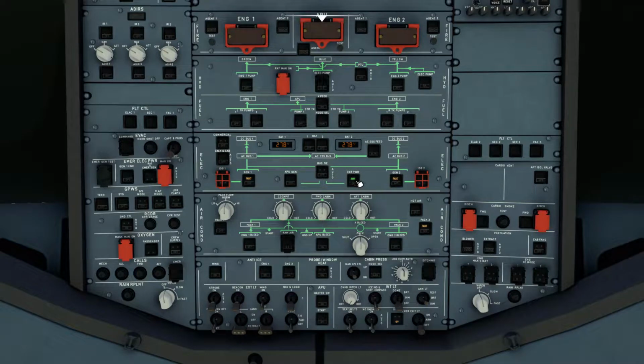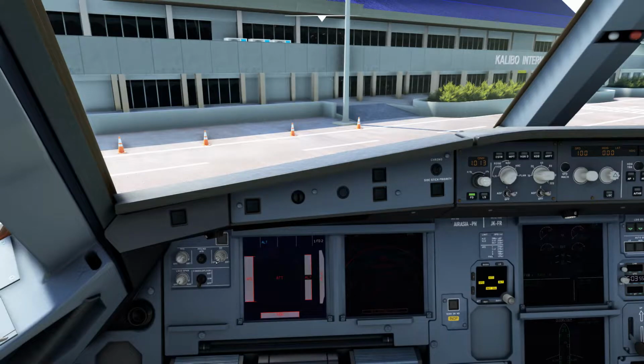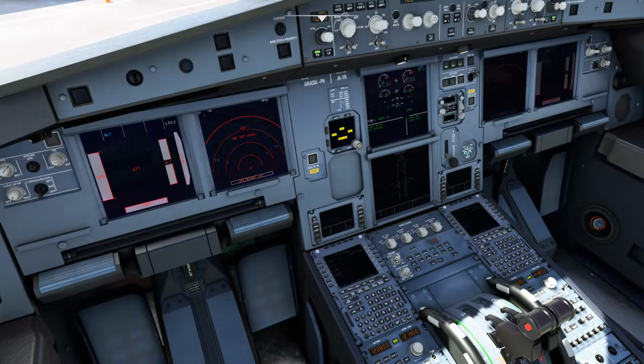External power is available, turn it on. Strobe light auto, seatbelt signs on, no smoking auto, emergency exit lights arm. Adjust brightness on all displays: primary flight display, navigation display, upper ECAM, lower ECAM,